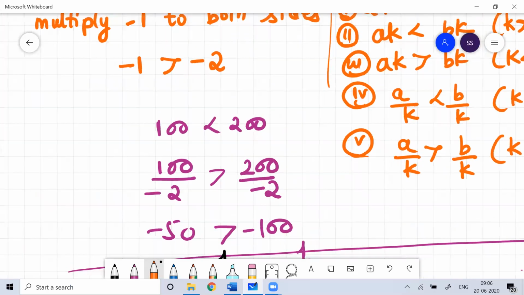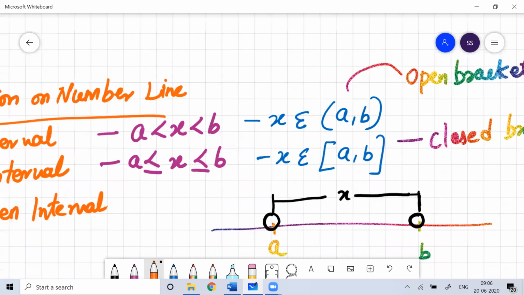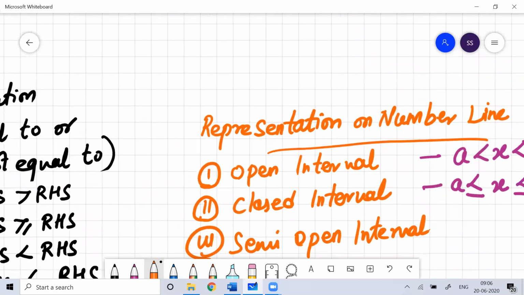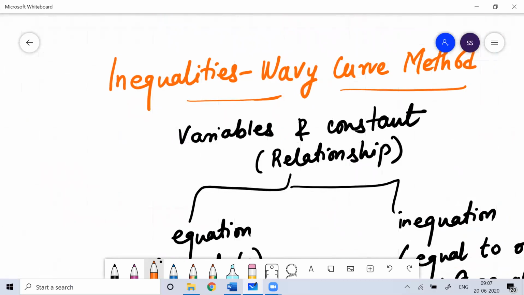So I believe it was a learning session for all of you. This is all that I planned for you in the concept of inequalities. These concepts I thought to do more or less. I believe I have covered all possible kinds of problems which can lead to confusion whenever you are trying to solve problems based on inequalities.